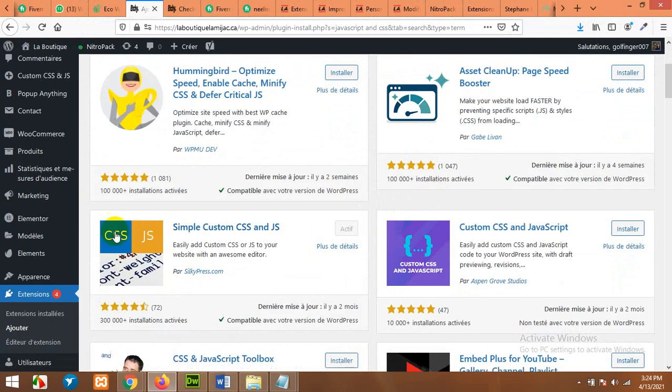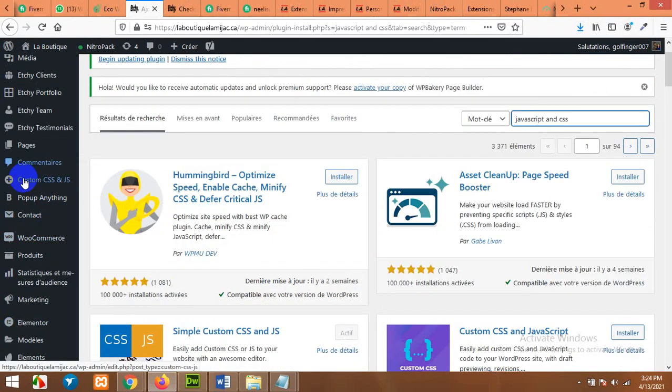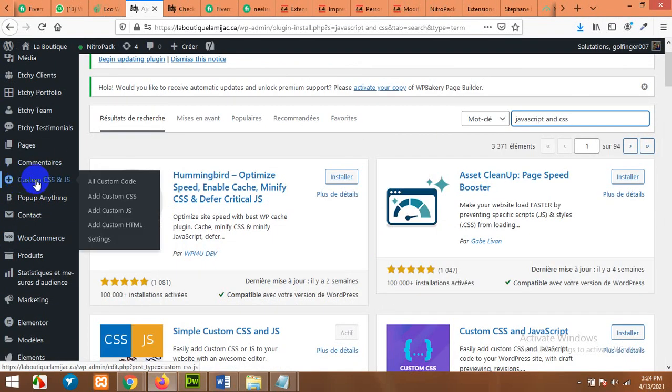Okay, I am using this plugin by SilkyPress. Click on install and then activate the plugin. After activating this plugin, you will find a new menu called Custom CSS and JS in the left sidebar of your WP admin. Click on Custom CSS and then click on add custom JS.